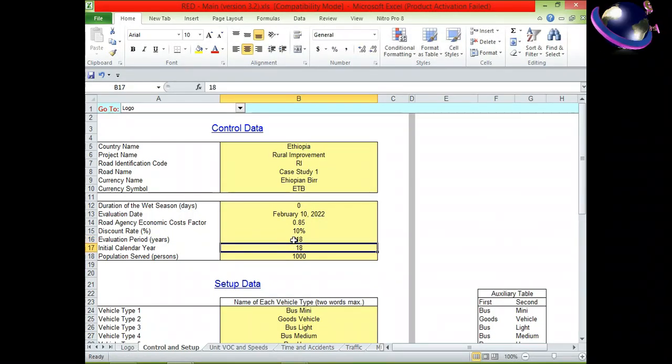You can take 18. Anything less than 20, analysis period, 10 years, 15 years, 20 years, you can do. But more than 20 years, it cannot take. That's one of the disadvantages of this small software, because